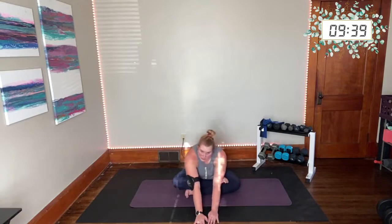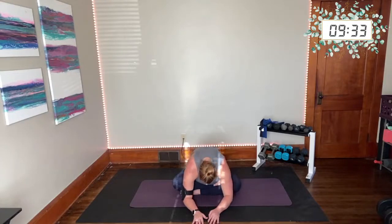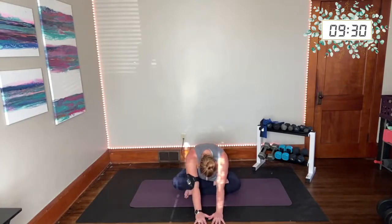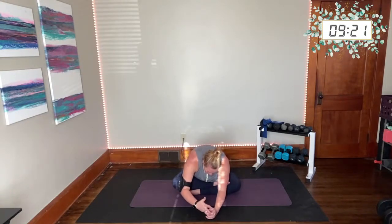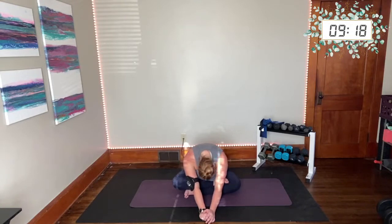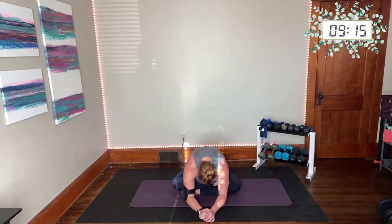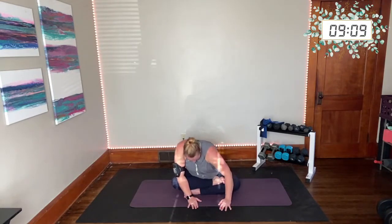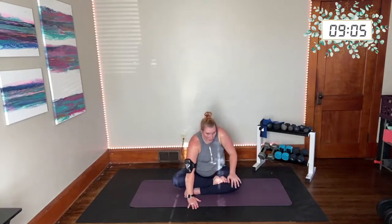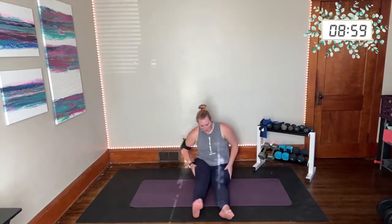Continue to take some deep breaths. Relaxing your shoulders, the muscles in your face and your jaw. And when you're ready, take your time, slowly walk your hands back on up, legs out in front, and shake out your knees. Now revisiting those poses that we did at the very beginning of class,